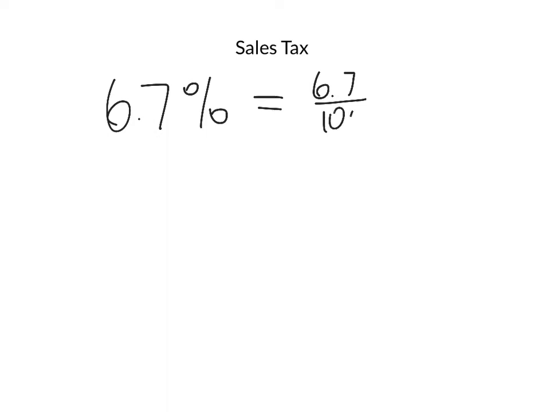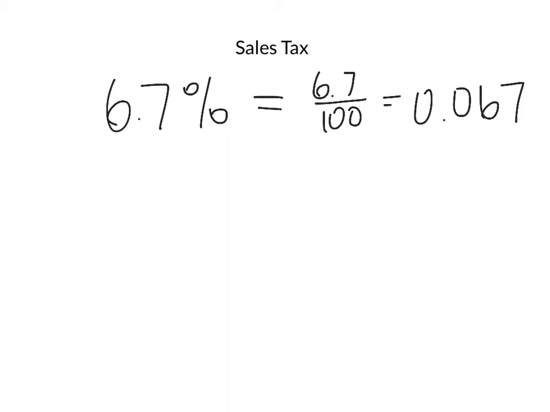So sales tax is a percent of each sale that the government charges in order for the government to function. And Utah is right around 6%, well, 6.7%. So everything that we buy, somewhere around that, everything is a little bit different. But remember that as a decimal, that's 6.7 divided by 100, which equals